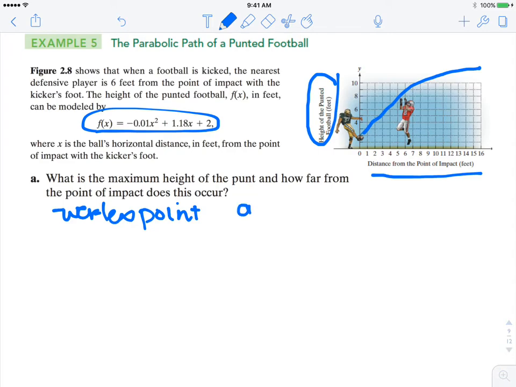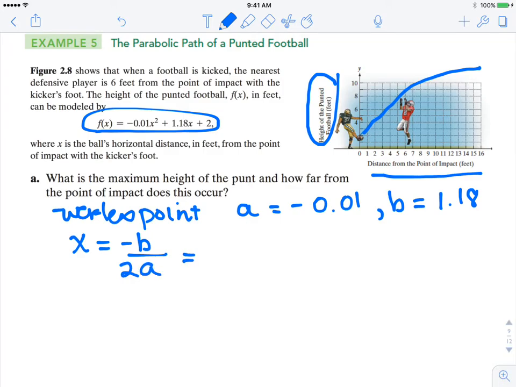We're going to identify the A value, the B value, and we're going to use this equation, x equals opposite of B over 2A. We're going to substitute in the A and the B, and then plug it into our calculator and we'll get